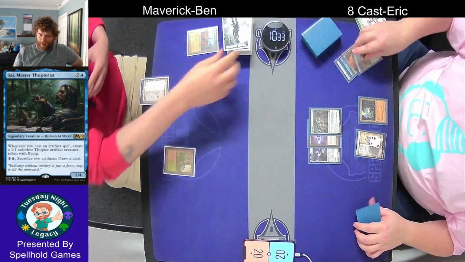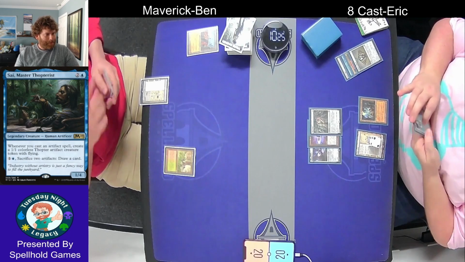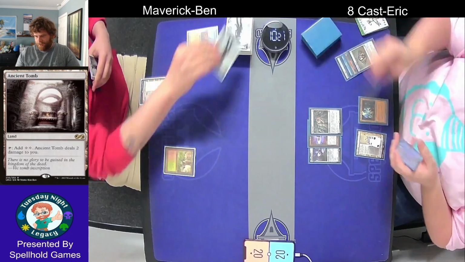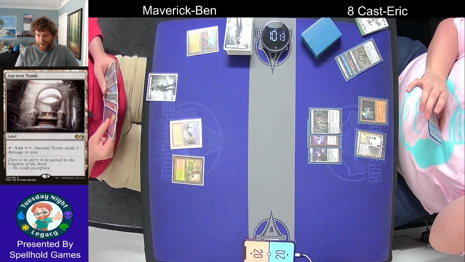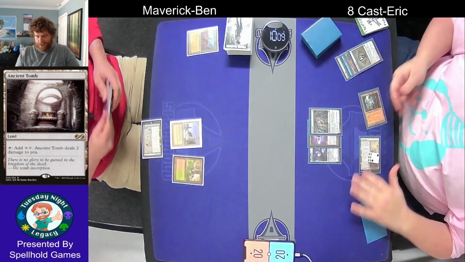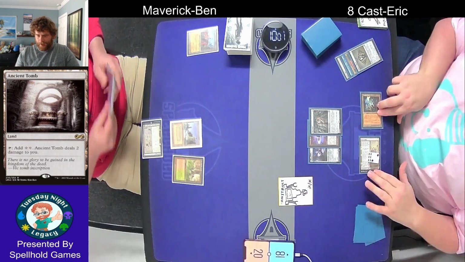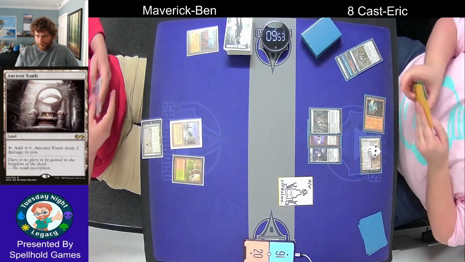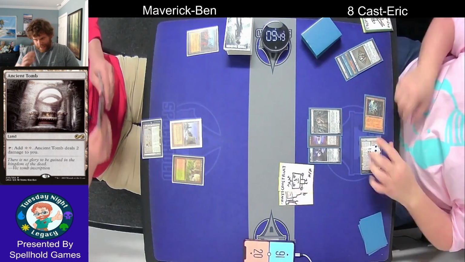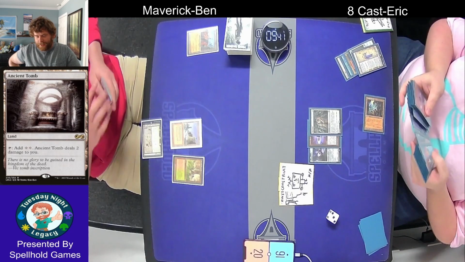Eric maybe going to start making an army here. Has that Ancient Tomb, which is going to net him 2 mana for 2 life. Kind of the perfect setup here because he's going to start making constructs off of that Ancient Tomb. Be able to equip them with the Shadow Spear into Mox Opal. This guy already huge. 1, 2, 3, 4. Making a second construct. I mean, this is, unless Ben's got something perfect in his hand, this is kind of